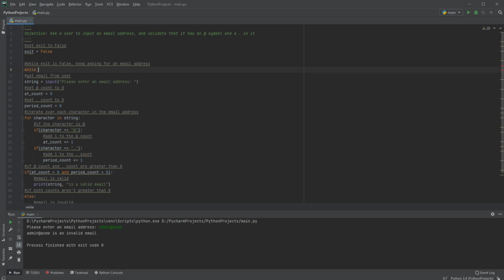We'll do while. So since exit is equal to false, which is a Boolean, we'll do while not exit, which means while exit is false,